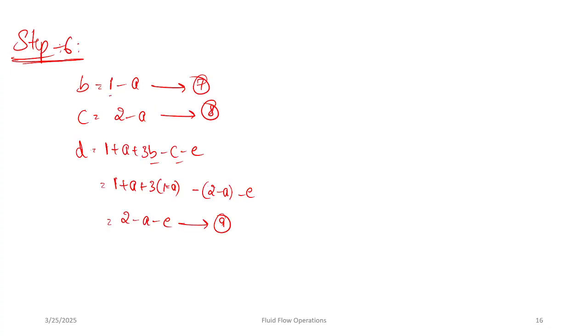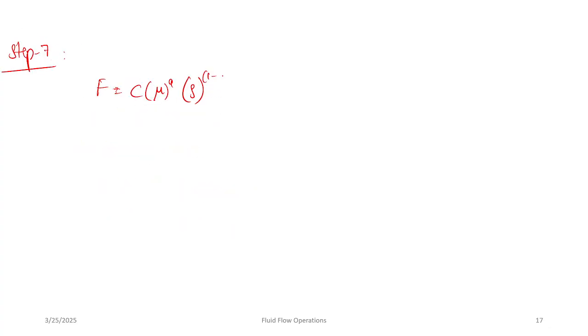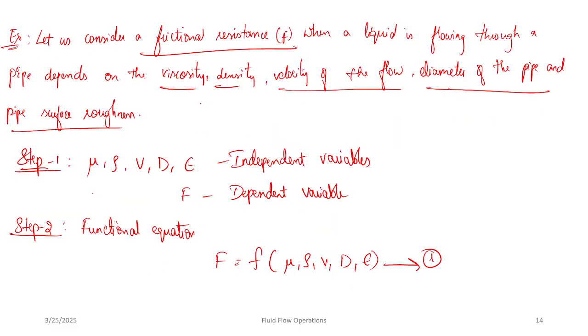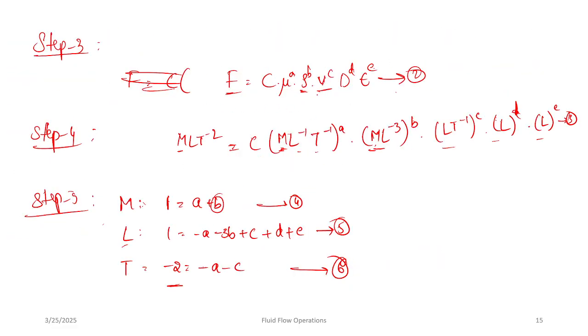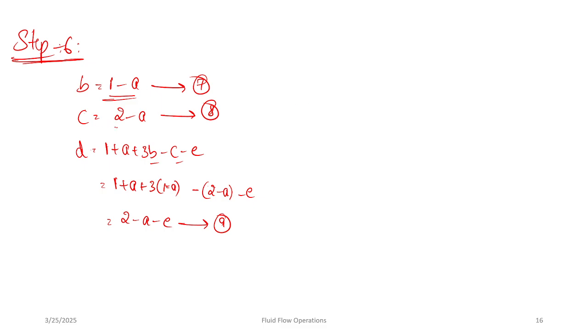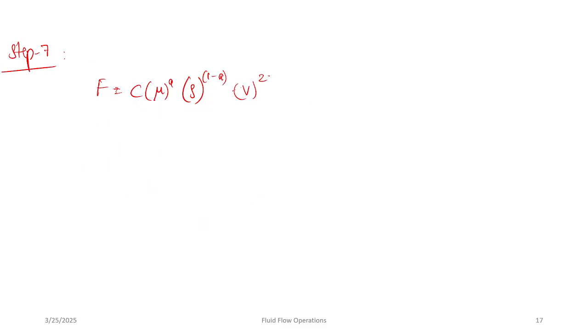So instead of B we can write 1 minus A. It will become 1 minus A, and then velocity is raised to the power C, right? So instead of C we can write 2 minus A. This becomes 2 minus A,